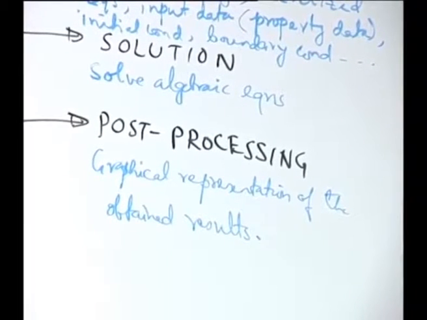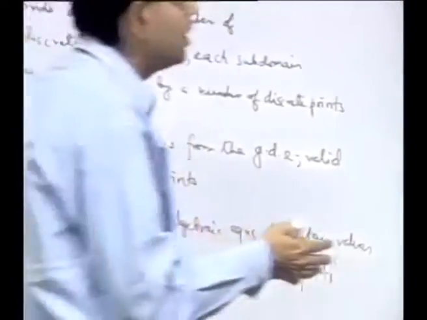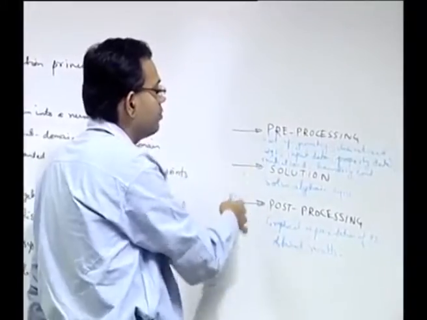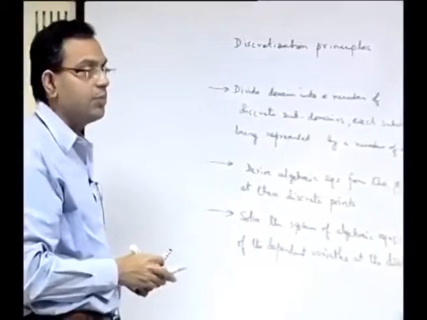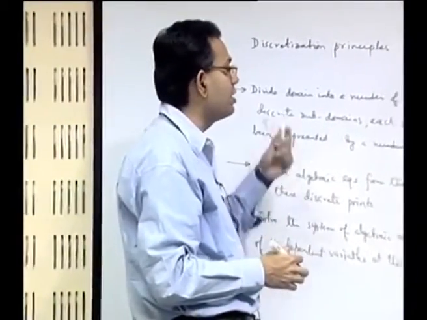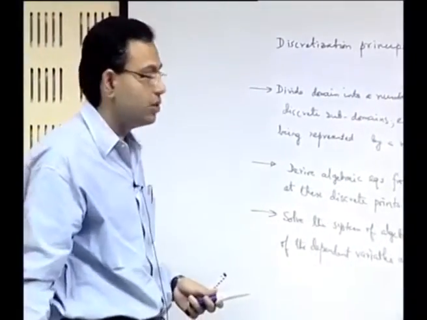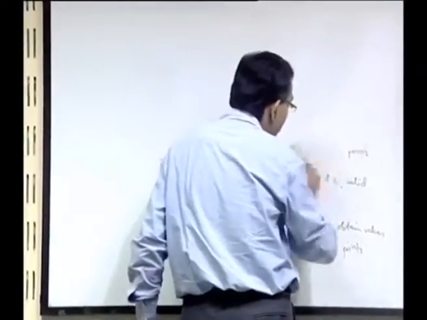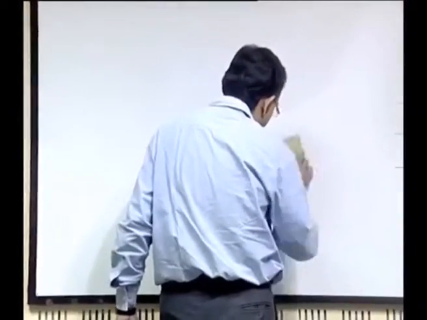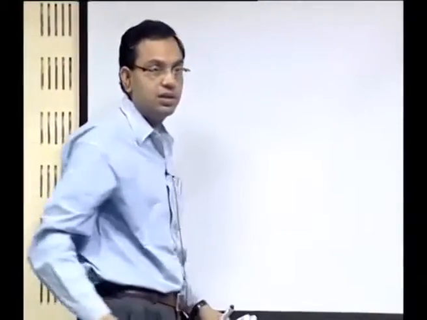No matter whatever numerical method we are adopting, the method will go through these steps so long as we are solving the problem in a continuum perspective. We will take up some examples of numerical methods which illustrate these principles, and the first example that we take up is the finite element method. So, let us consider the finite element method. We consider it first because it evolves from the variational formulation that we have considered in some of our previous lectures.